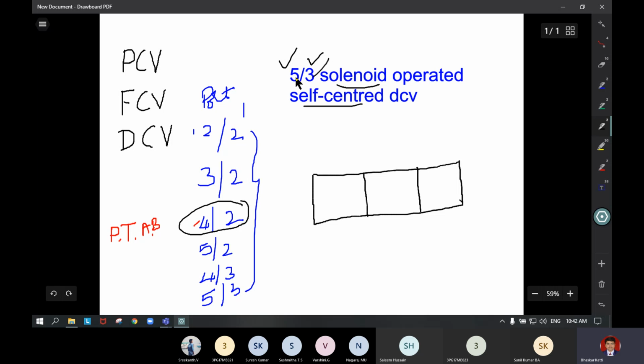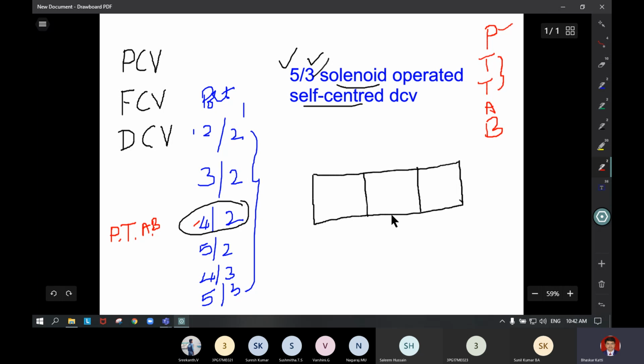Next, 5 ports we have to write. So first identify which are the 5 ports. In 5 by 2, as we discussed in the earlier classes, we have 2 return lines and 2 working lines. The working lines are always A and B. One will be the pressure line. Apart from that, we have 2 return lines.